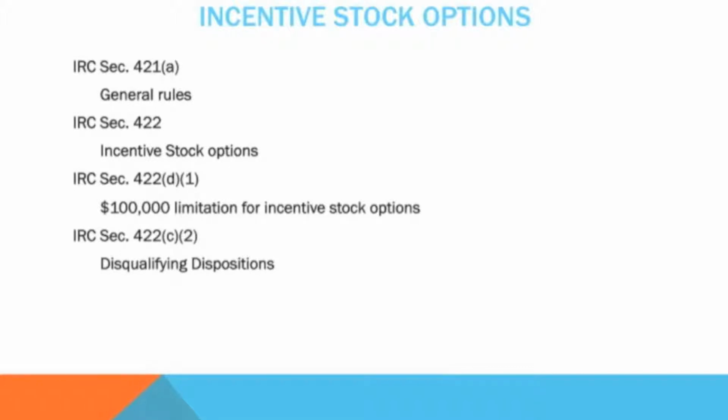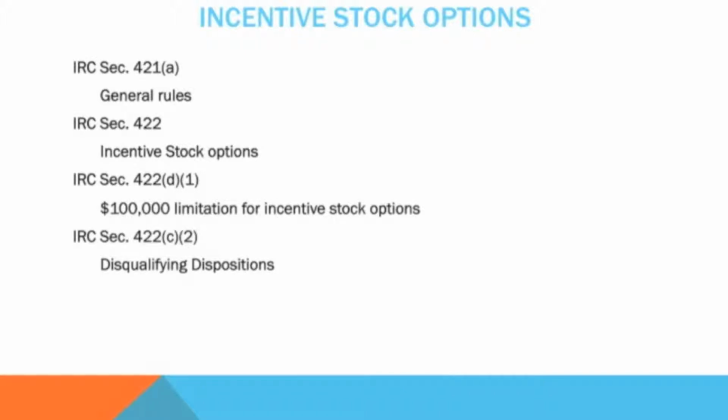Now I'm going to talk about some of the relevant codes for incentive stock options. To begin with, we have Internal Revenue Code Section 421(a), which outlines some of the general rules. And then we get into Internal Revenue Code Section 422, which more specifically defines stock options and provides that no disposition of such share is made within 2 years from the date of granting of the option, nor within 1 year after the transfer of such share. And the individual must remain an employee of the corporation at all times during the period beginning on the date the option was granted to him and ending on the day 3 months before the exercise of his options.